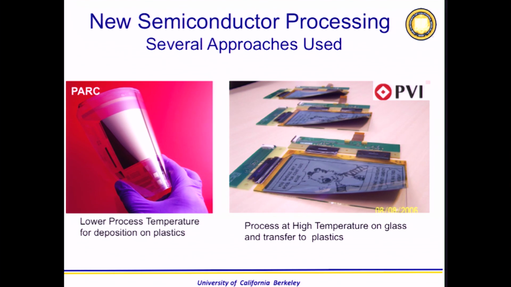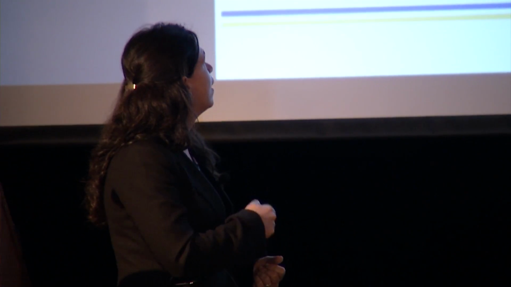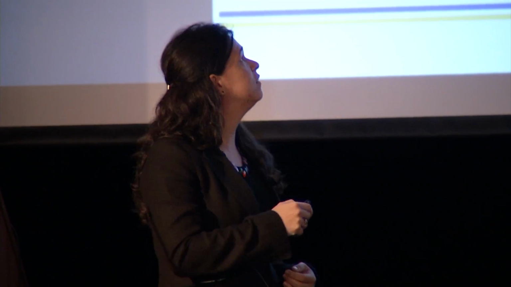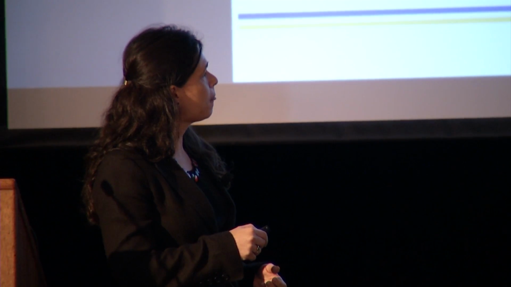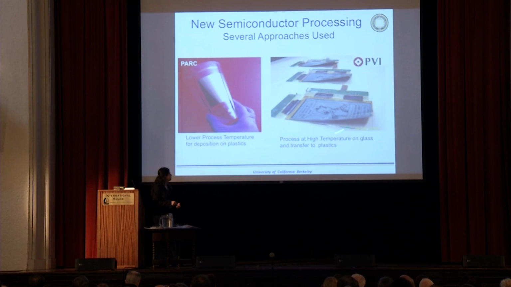And then you change the process temperature. The ovens in the fabrication lab are operating at way lower temperatures than what is conventional. So now these devices are fabricated in plastic at only 150 degrees, and we all know that this is very low for semiconducting processing. Others stick to the high temperature, but they process on glass.